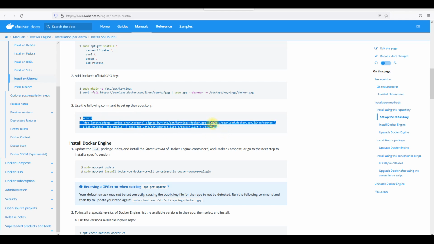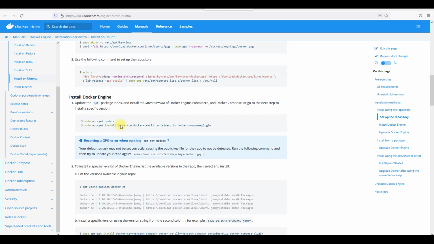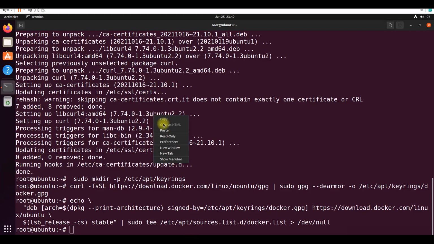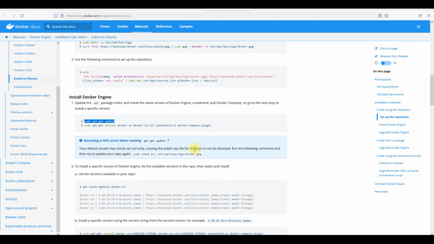So we need to set up the repository. Okay, I've done the repository setup. Now you need to install the Docker Engine. I'll just do apt-get update, which will update whatever repositories we have added. Then we can go with apt-get install docker-ce, the engine, and also the CLI,